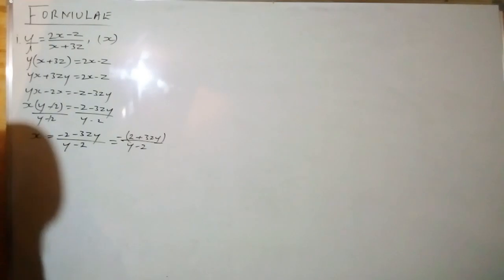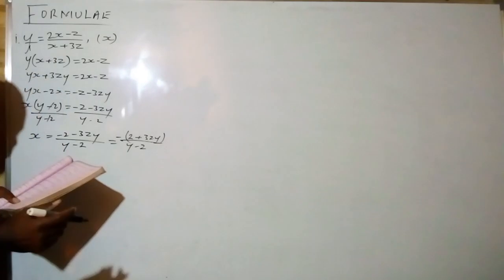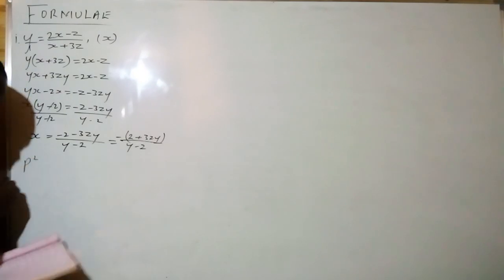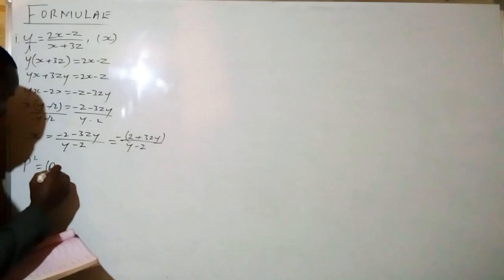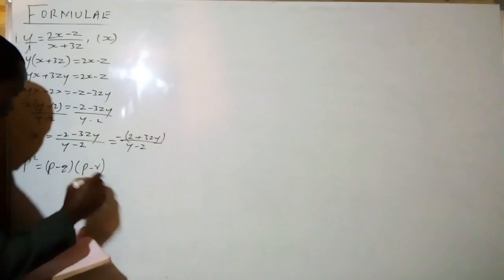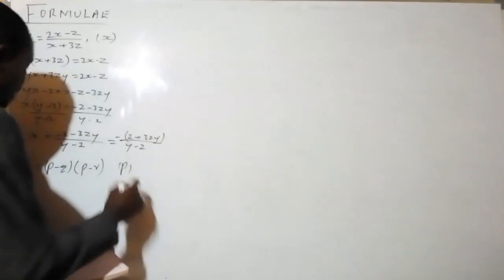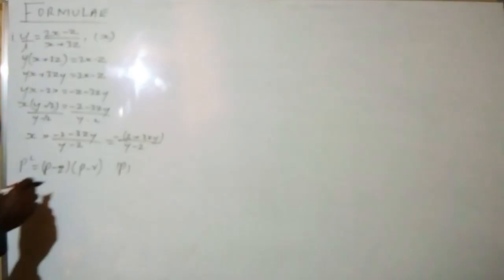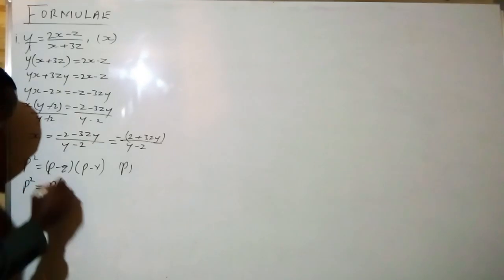We proceed to another one. We are given p squared is equals to p into bracket minus q, open the bracket, p minus r, and you'll be required to make p the subject of the formula. We are going to expand and say that p squared is equals to p multiplied by the second bracket, p minus r,